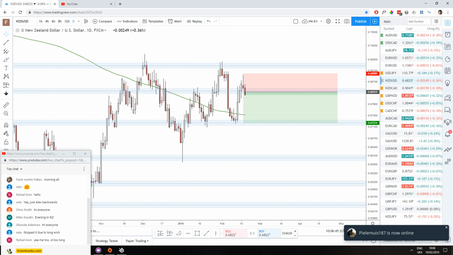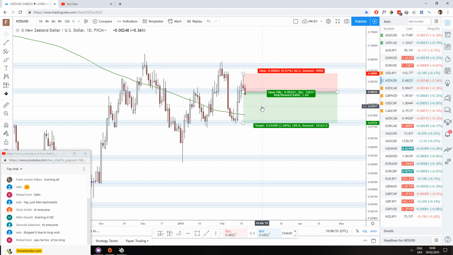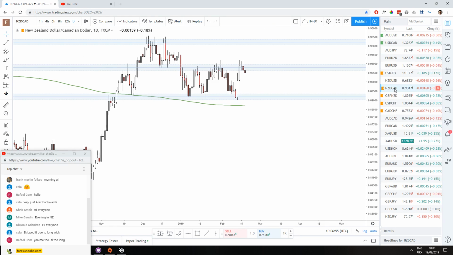New Zealand USD. I don't see any posts on the forum, so I think no one's in this one. Cool. New Zealand CAD though. Now this one, there is a post on the forum about that